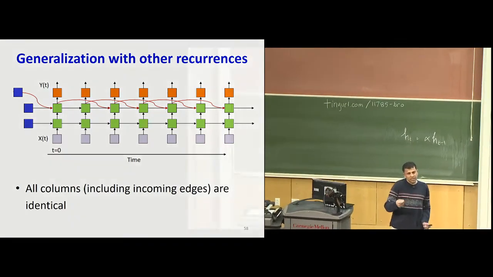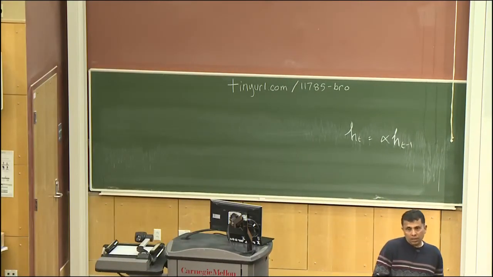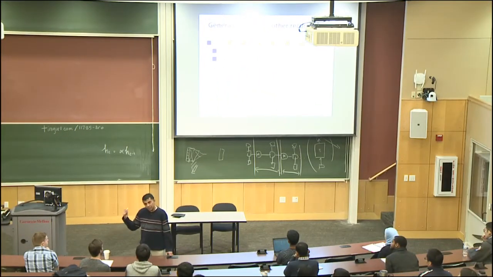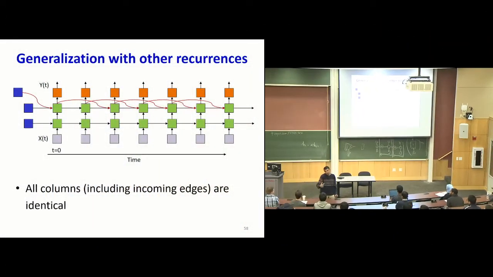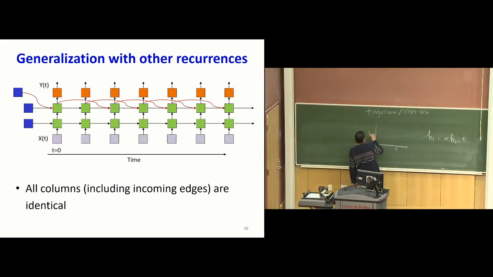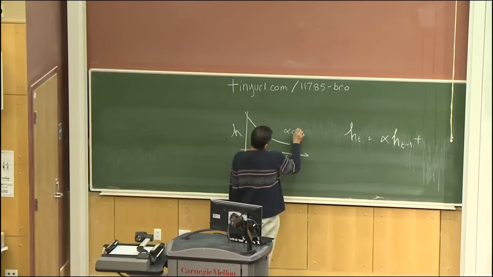How does a state value at time 0 change with time? If alpha is less than 1, it's going to fall off exponentially. That's it, right? Suppose I want a more complex mode where it fades first, then bounces again, and then fades later. This is never going to capture it. You're going to have to refer to the deeper time steps, right? So for example, if you wanted to cycle twice before fading, this is time, this is h, this would fall off like so for alpha less than 1, right?